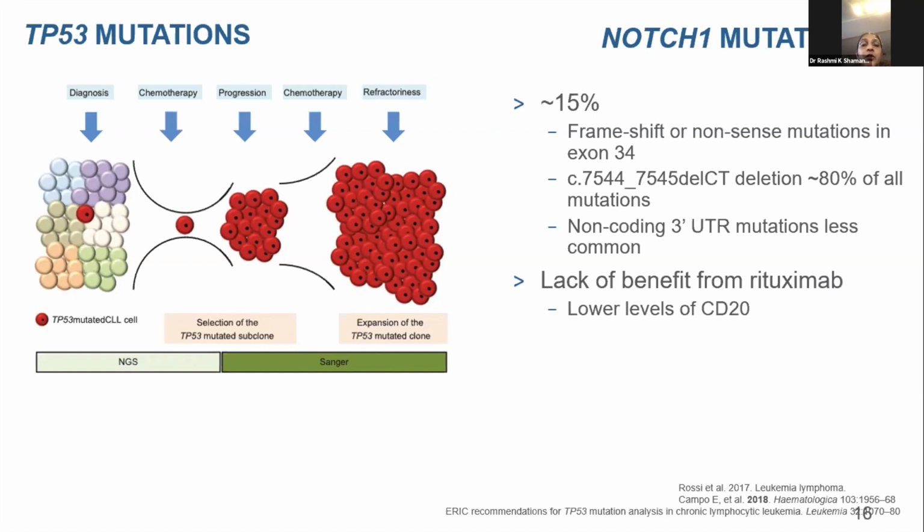We know that at baseline, it could be at very low level, or it could be not detectable. So if we use NGS technology, maybe the disease at baseline could have 1 to 2% VAF TP53 mutation. But with chemotherapy, these clones get selected out and they progress and expand later. So we need to make sure that even mutations at 1 to 2% VAF have been called and communicated to the oncologist.